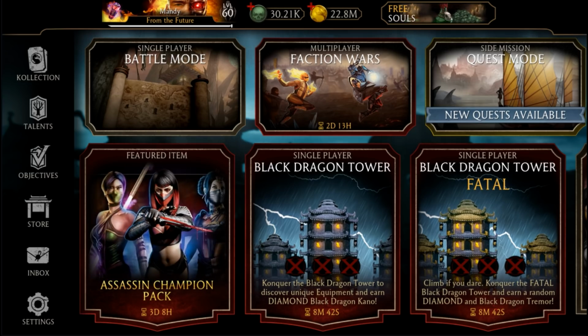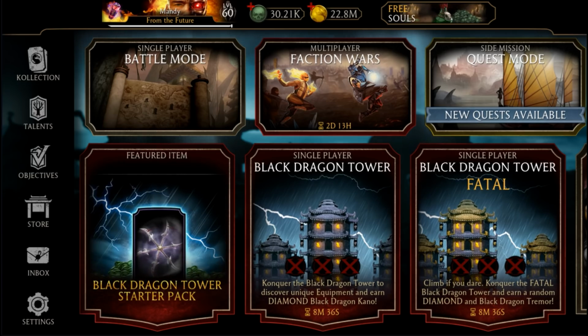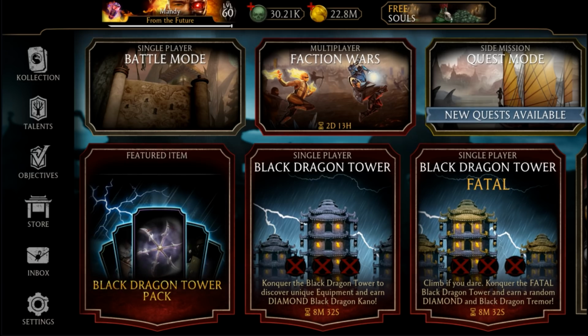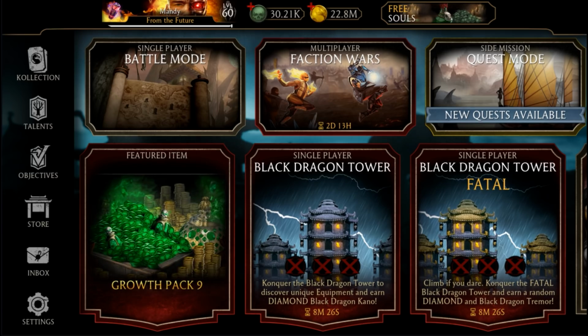As you saw, we had the anniversary pack coming in at 1340 souls and it was discounted, and now if you complete this tower you're going to get it for roughly about 1000 per diamond, and of course on top of that you're going to get also an epic Black Dragon